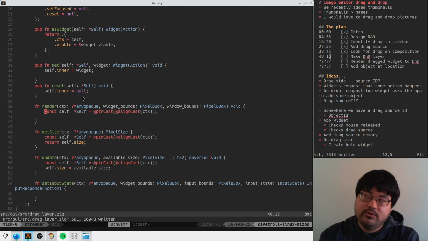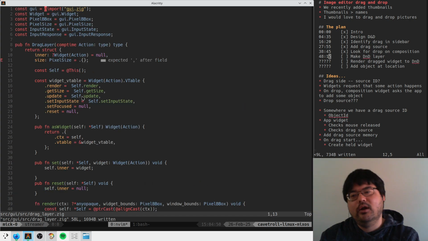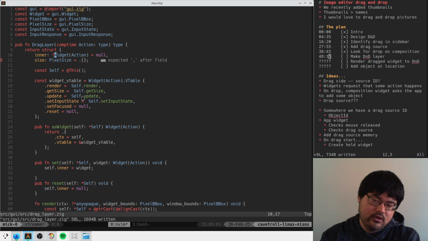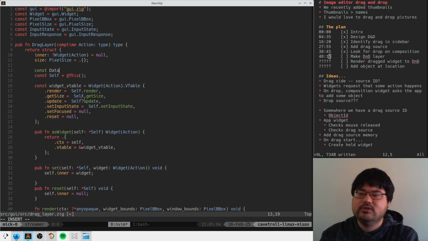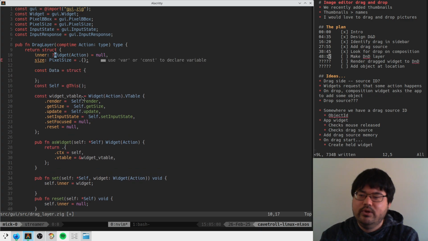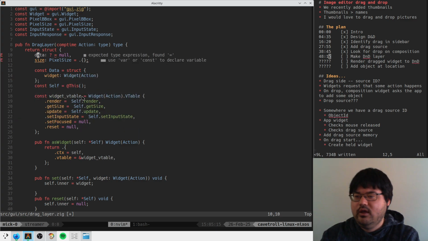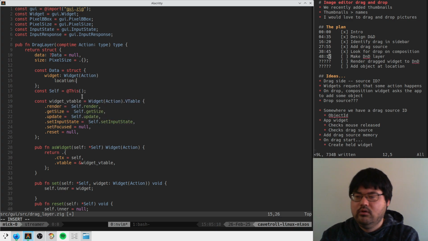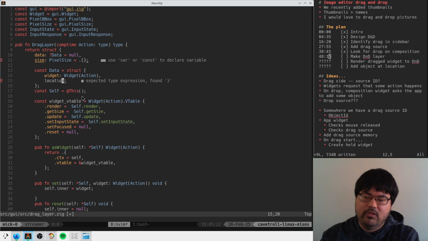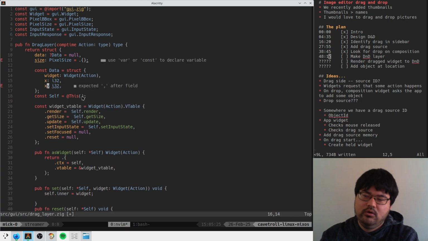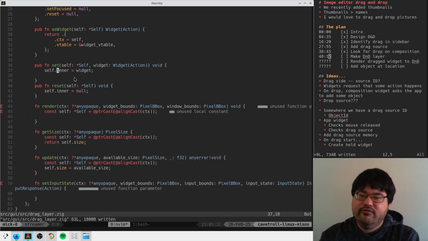So for render, we're going to have to put this widget somewhere. This widget is going to live at some location, probably where the mouse is, right? Almost certainly. So that means we're probably going to have two things associated with this: the widget, which is data now, and its location. Maybe just an X and Y. So now it's self inner is equal to